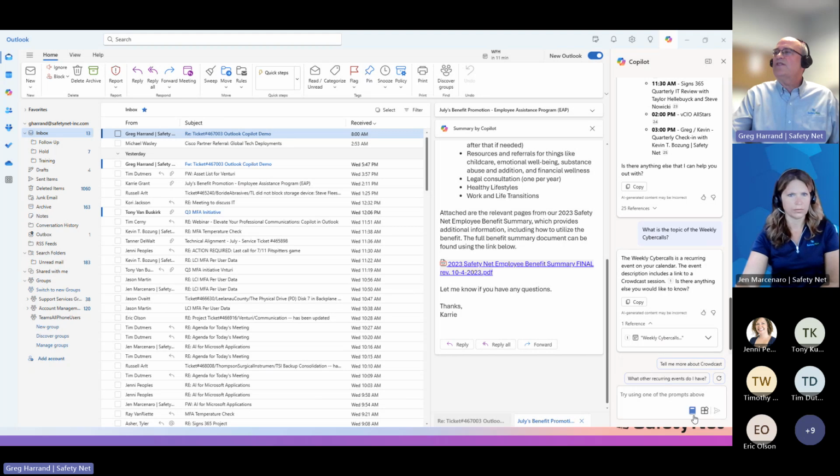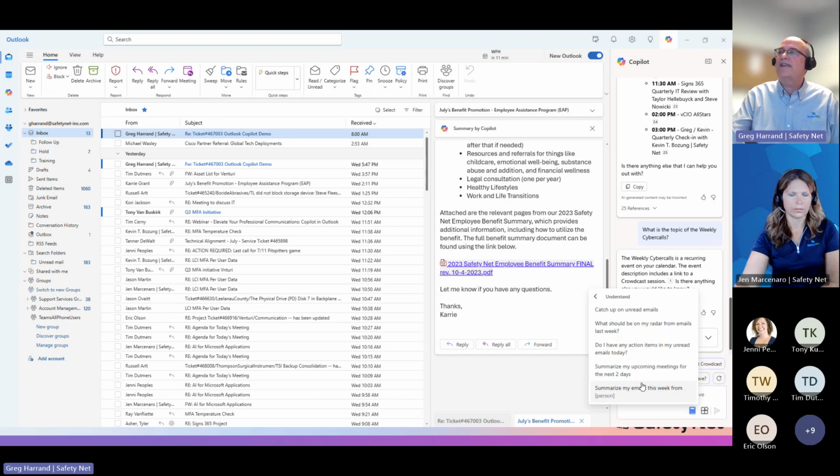The other thing that you can do is you can come down here and you can view prompts. And these are some prompts that Microsoft is suggesting that you can do. So I can catch up on unread emails. I'm going to be out of the office next week on vacation. When I return on the following Monday, I can actually come in here and say, identify any unread emails that are important.